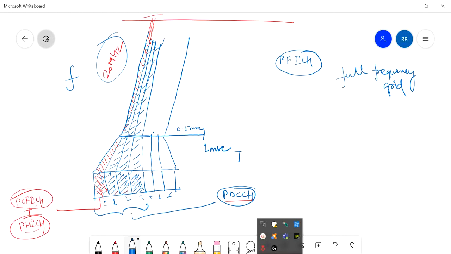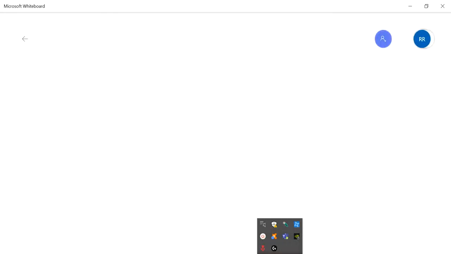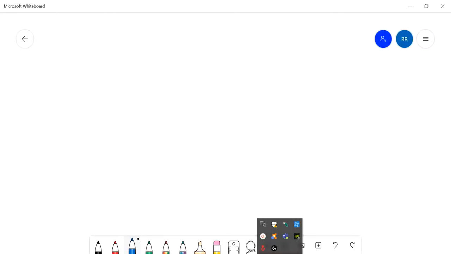So let's see about reference signals. I'll give you some idea about the reference signals in the downlink. So if we draw the resource grid again, the reference signal has 8 REs in a scheduling block. So let's draw one scheduling block only, instead of drawing the complete resource grid.